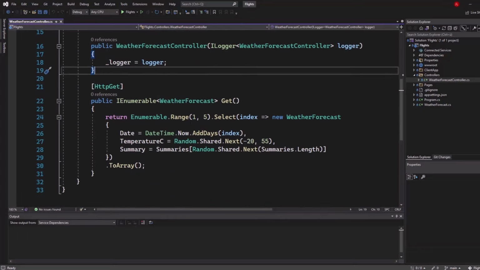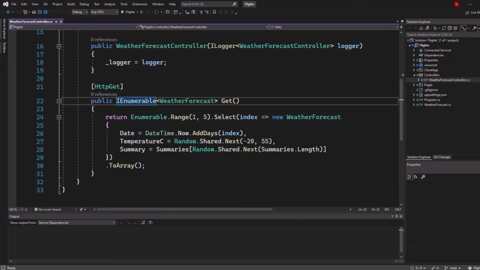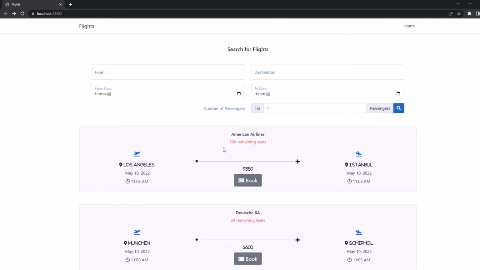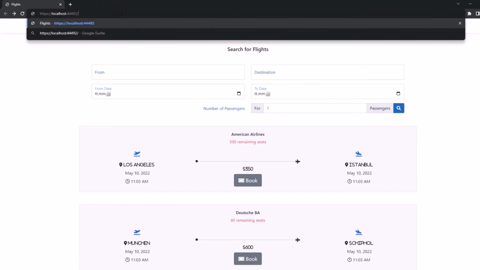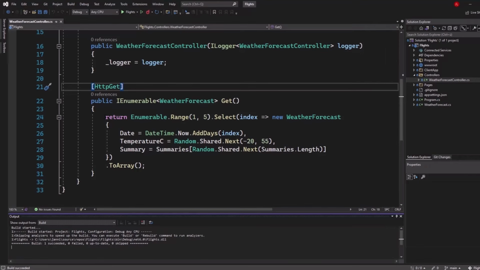Once we're inside of that method, we will see some data here getting created and returned. So let's go ahead and start our application. Simply hit Ctrl F5. Alright, so you can see our Angular application. Let's go ahead into the URL bar and let's enter /weather forecast. Hit enter and you will be able to see this JSON data package right here, which is actually exactly this